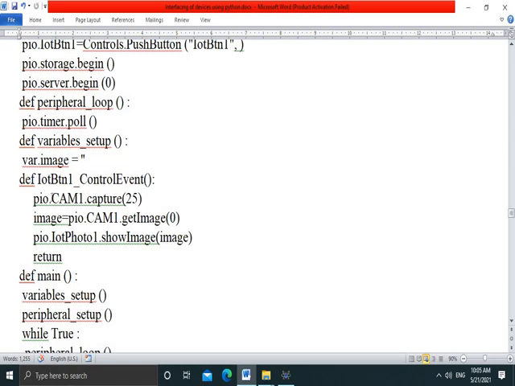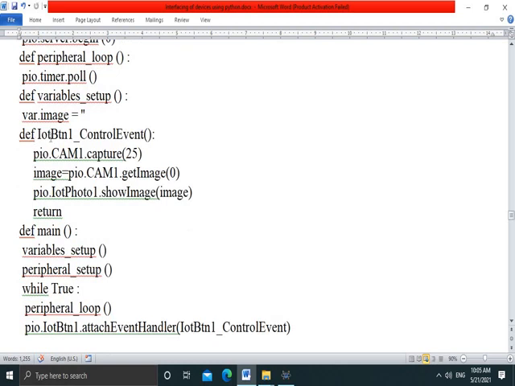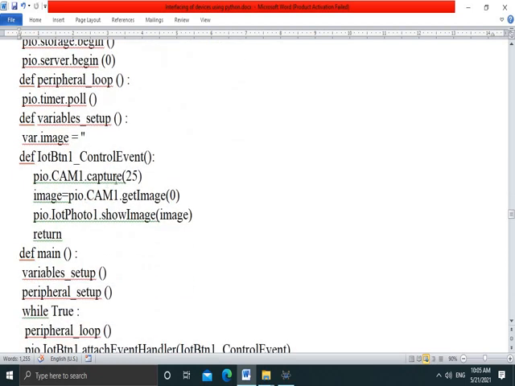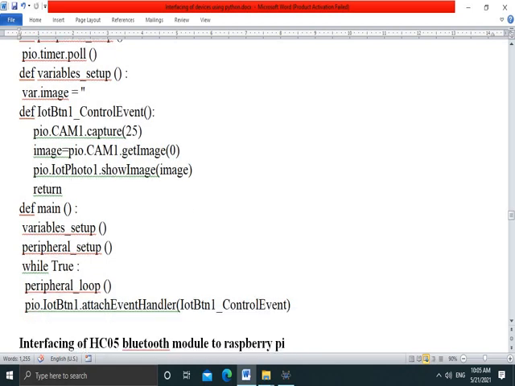we created variable setup functions. Then when the event occurs, then we are capturing pi.camera, means importing the camera module and capture up to 25 pixel. Then we are importing the image and then we show the image onto the window.